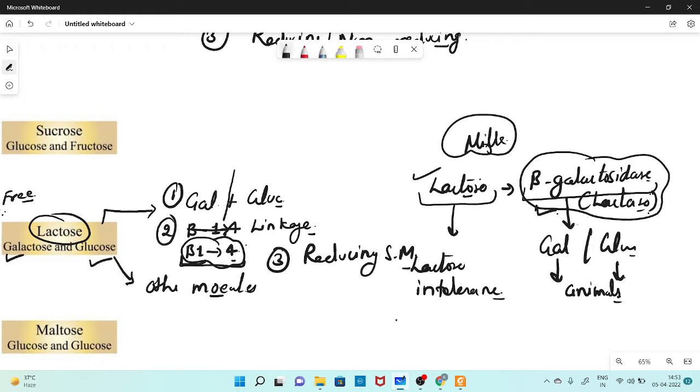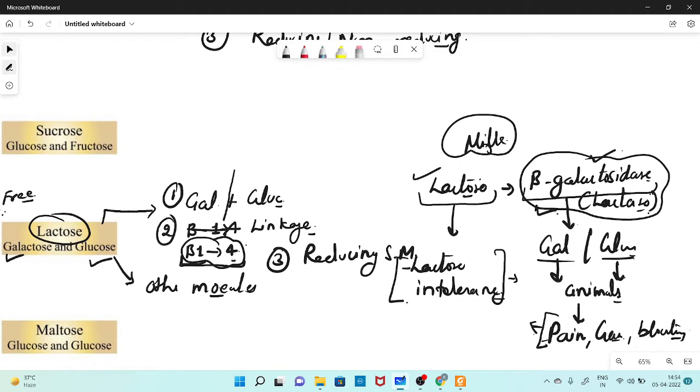So that is due to, in some cases, lactose intolerance in which they lack the enzyme beta galactosidase, which is not able to digest the lactose into galactose and glucose, and as a result it does fermentation and causes pain in the stomach, gas and bloating, right? So sometimes it occurs due to the beta galactosidase enzyme activity. So these people who cannot digest dairy products have lactose intolerance,